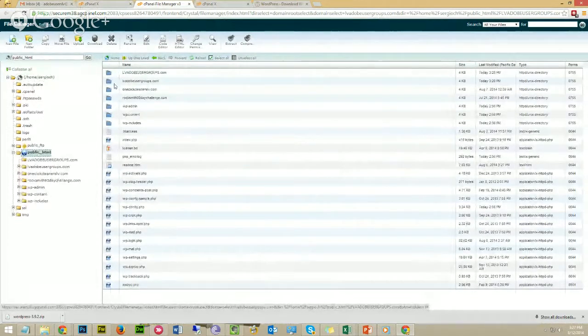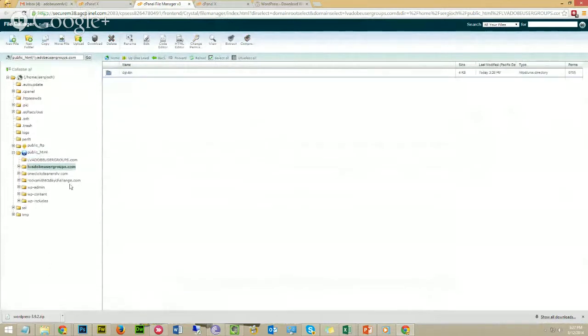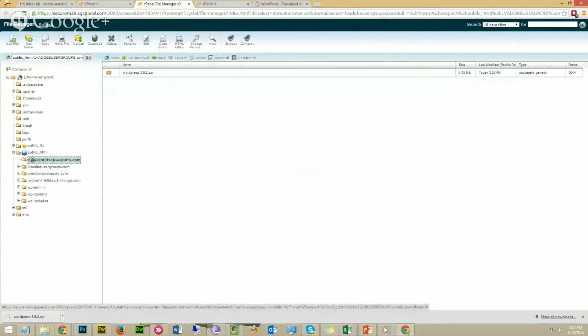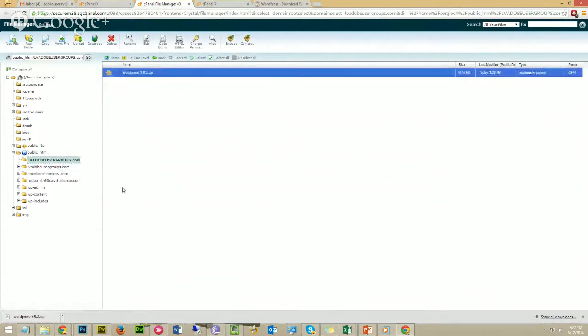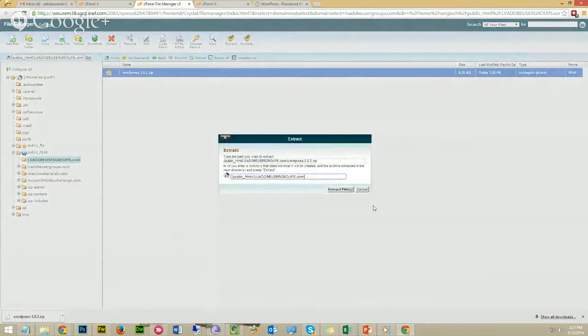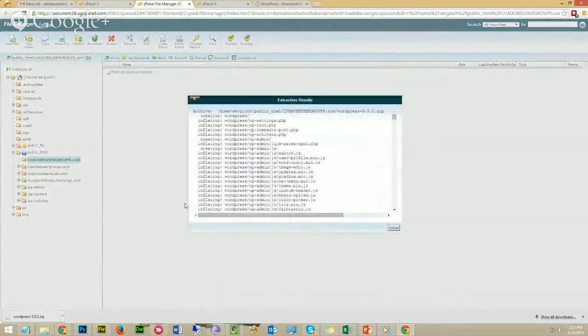The Adobe user groups. No. Okay, so we're gonna have to be using this one, and let's get it out of there. Let's extract it. Extract files,